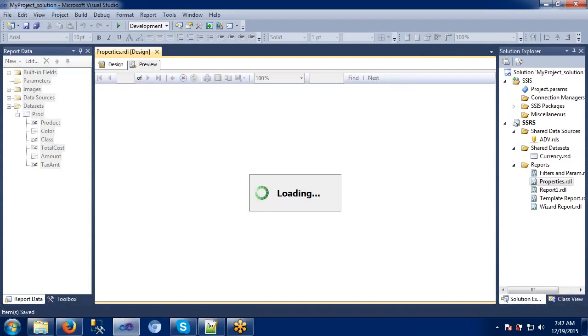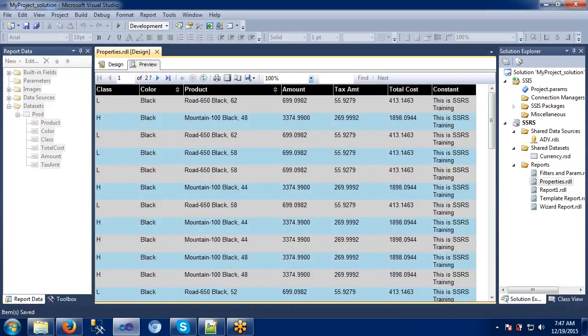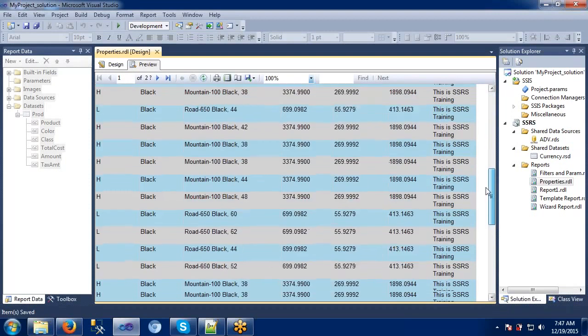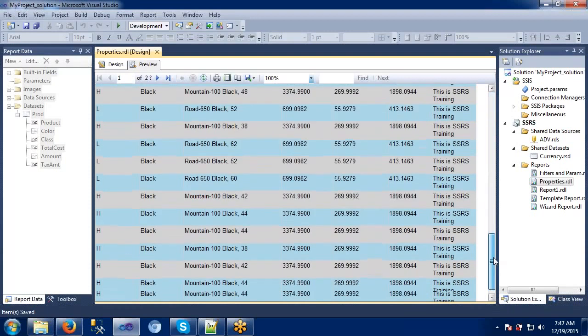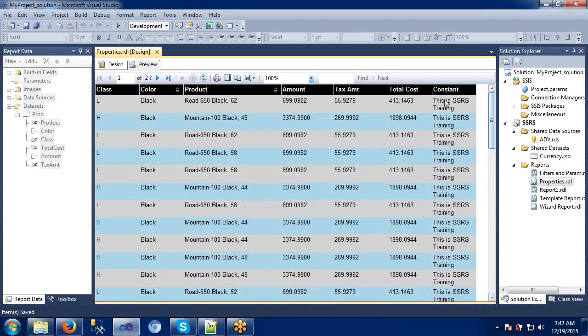Because we are concentrating completely on expressions, not on the records or data, right? So see this one. This is given some constant value. This is SSRS training. See, it doesn't change here. Every record is showing some constant value which doesn't change. Okay, so that is an expression of the constant which we are going to use.